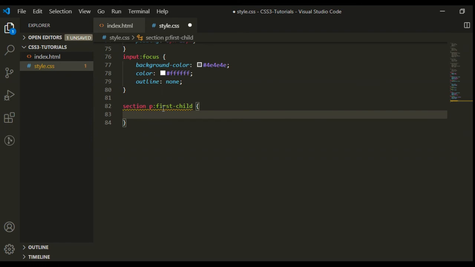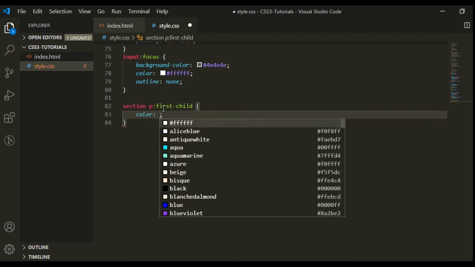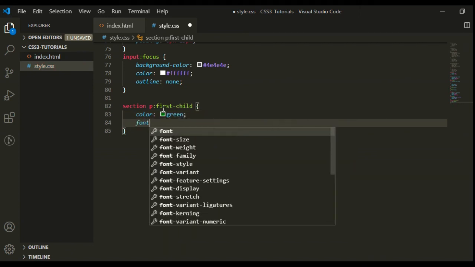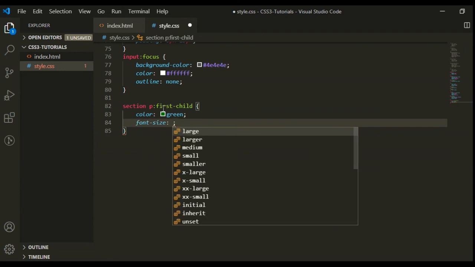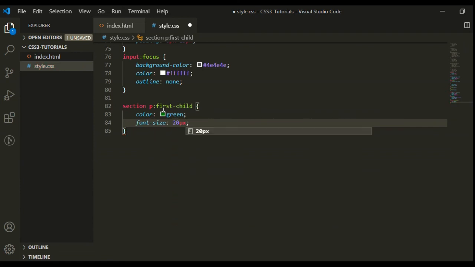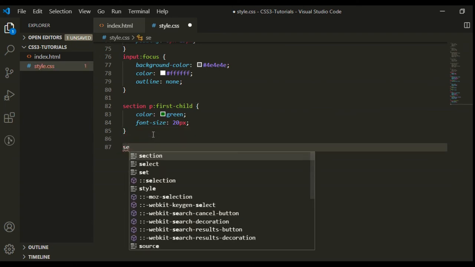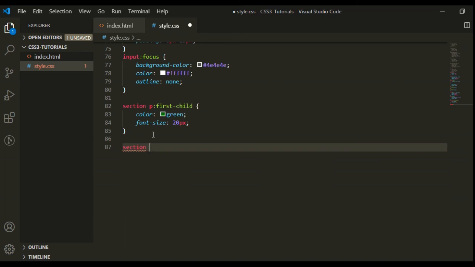For the first child I want to give the color, it's green, font size 20 pixel. Same as we can write the pseudo class for last child.